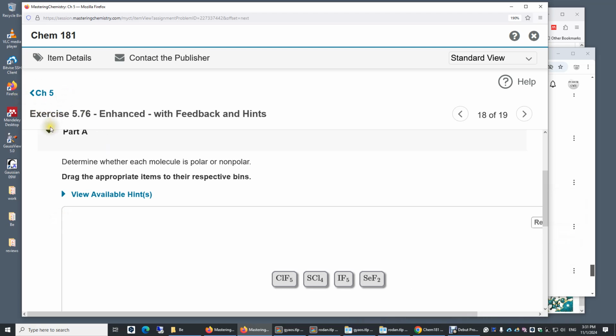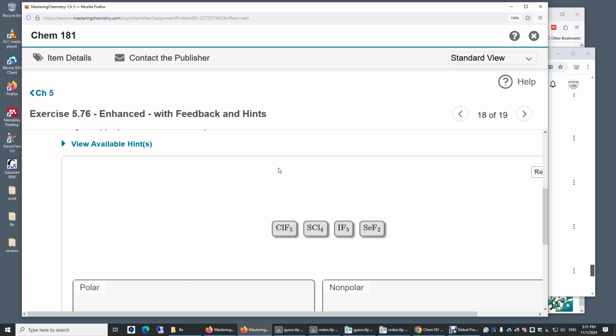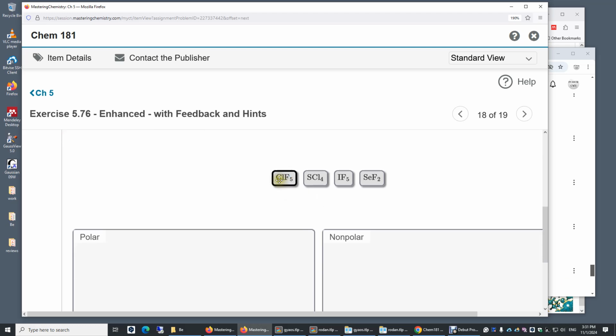Chapter 5, Exercise 5.76, Part A: determine whether each molecule is polar or nonpolar. In ClF5, chlorine pentafluoride, we have one lone pair and 5 Cl-F bonds. Because chlorine has 7 valence electrons, it uses 5 of them to form 5 single bonds, and then you still have a lone pair. I think it's polar